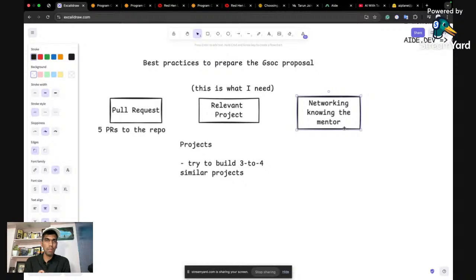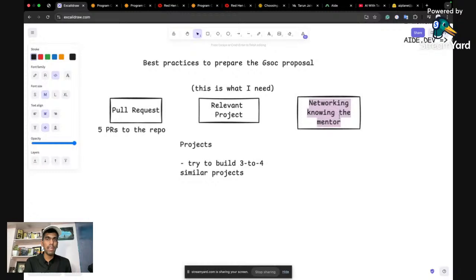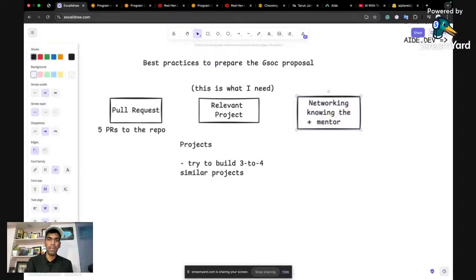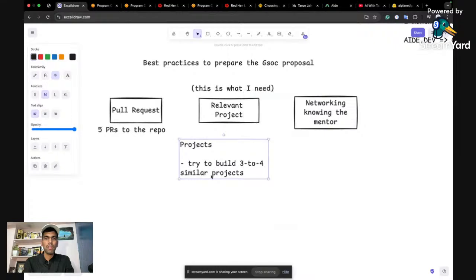Because when it comes to Google Summer of Code, every single mentor has to complete the project as well, so they need better candidates. If they already know the candidate before the proposal submission itself, they will say, hey, can you submit your proposal for Google Summer of Code so that we can shortlist you. If there is any mentor you know who is part of Google Summer of Code, just cold email them saying, hey, I want to contribute to this repository, can you guide me? This can only happen if you know them beforehand, and this is probably one of the very difficult methods. If you know them, you're very lucky. If you don't, you can check out the second approach, which is to build relevant projects as much as you can.